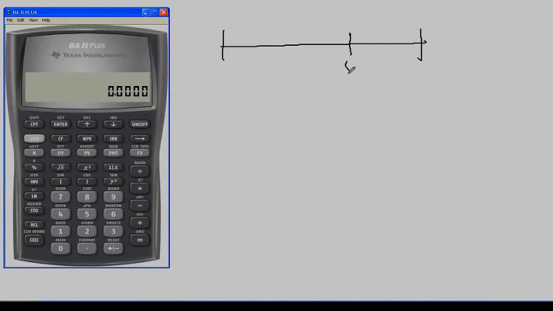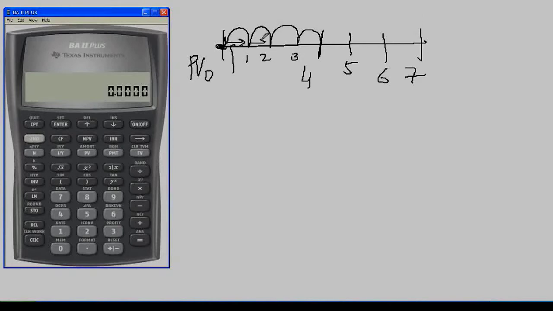So if you see, we had deposited 5, 6, 7. We got the PV at 4. We are interested in finding out the PV at 0. What you will do is discount it 1 year, 2 year, 3 year, 4 year. So this is 1, 2, 3, 4. How many periods are there? 1, 2, 3, 4. So your PV at 0 will be whatever PV at 4 divided by 1 plus R to the power 4.